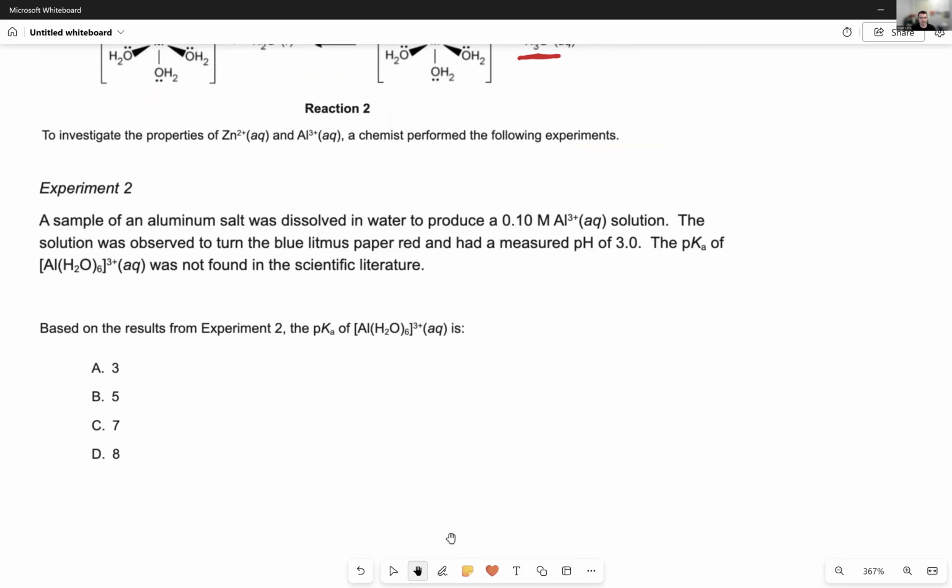Now again, knowing what you know about pKa, you know that a pKa of 7 would mean that this is essentially a neutral compound, so we can cross out C. A pKa of 8 would mean that it's a base, so let's cross out D. So now we're left with A and B, and from here you can either do a 50-50 guess, if you're not sure,